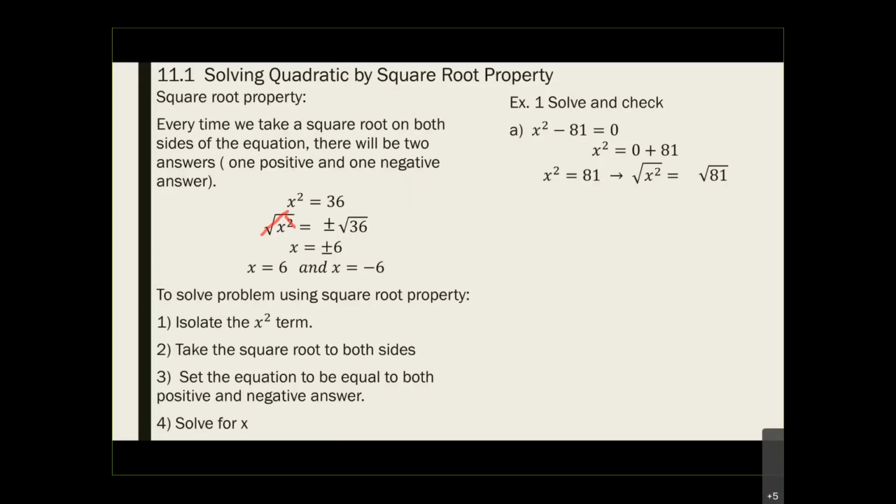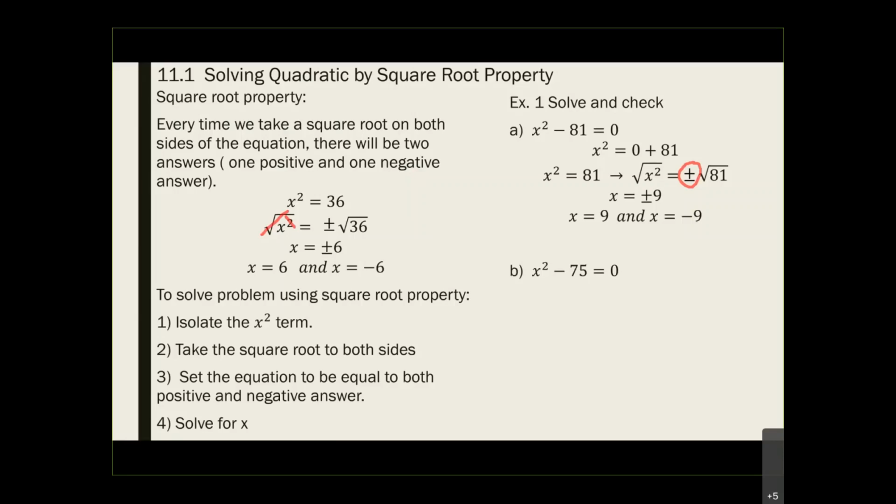And if we take a square root on both sides, just remember, ladies and gentlemen, you have to have two answers, a positive and a negative answer. You have to insert that in, because a square root and a square cancel each other out. Everybody see that I have x equal to 9 and x equal to negative 9. Okay? So again, same idea, which is, if I have x squared minus